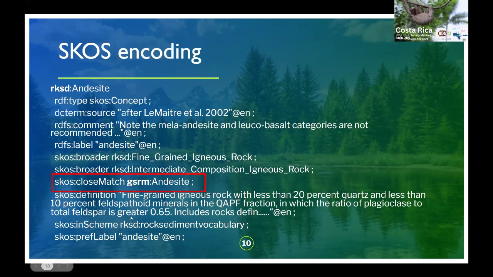So this is how the SCOS encoding works. To really make this work in practice, you need a triple store that allows you to trace these relationships up and down these various hierarchies. In a user interface, it gets tricky, because if somebody says, I'm interested in these kinds of samples, that might dictate a whole set of extension vocabularies related to that kind of sample that you might want to provide for your users. But all those things need to be implemented on the user interface, and they're not built into the classification scheme inherently.